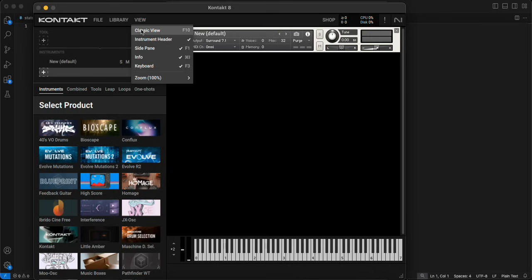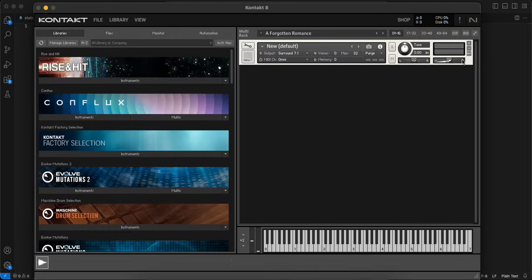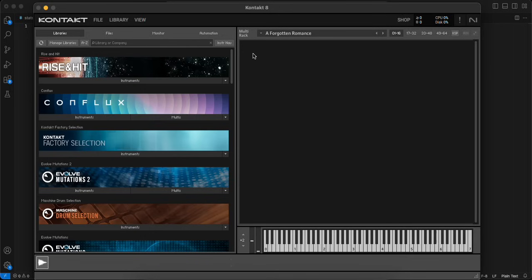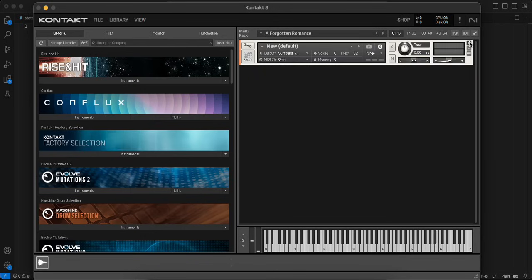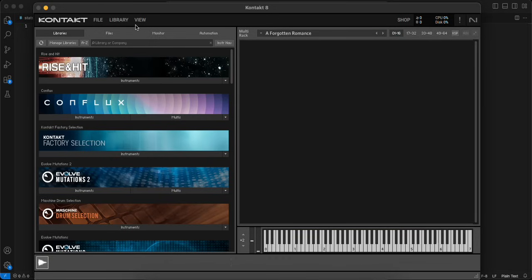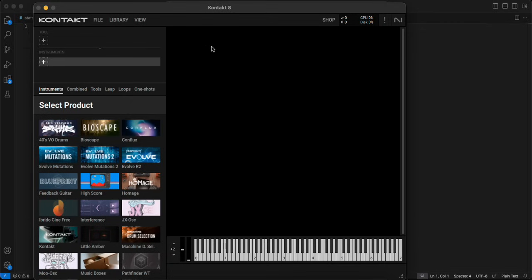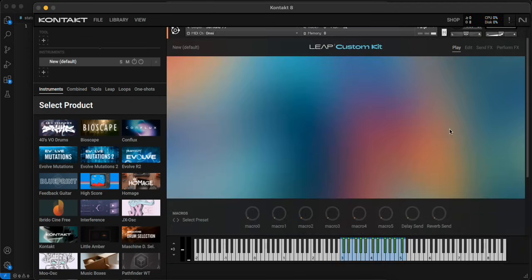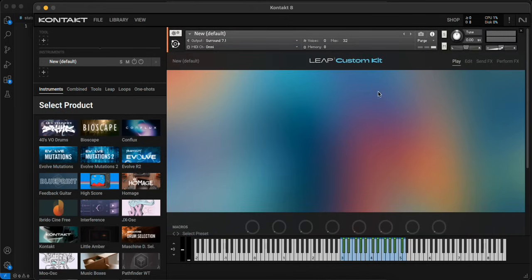So this UX is super confusing for some reason. I don't know why they went with that, but that's just how it is. If you're in the classic view and you double click to create a new instrument, it will create just a new instrument, as we all know. But if we're in the default view and we double click to create a new instrument, it creates this new Leap instrument,